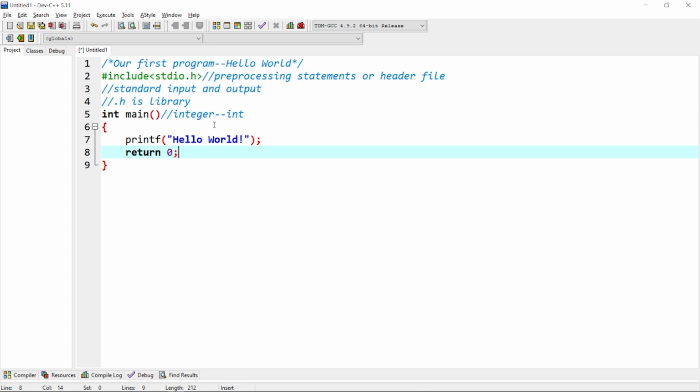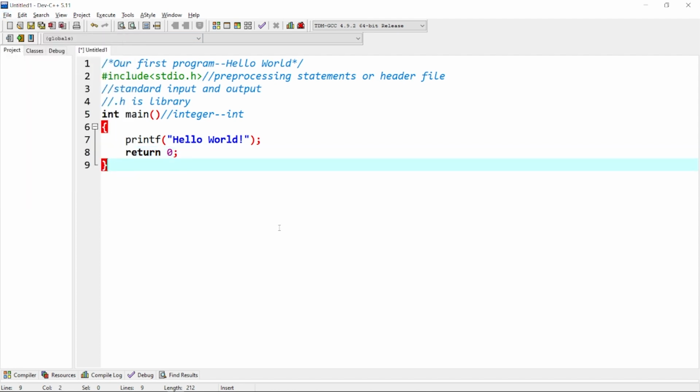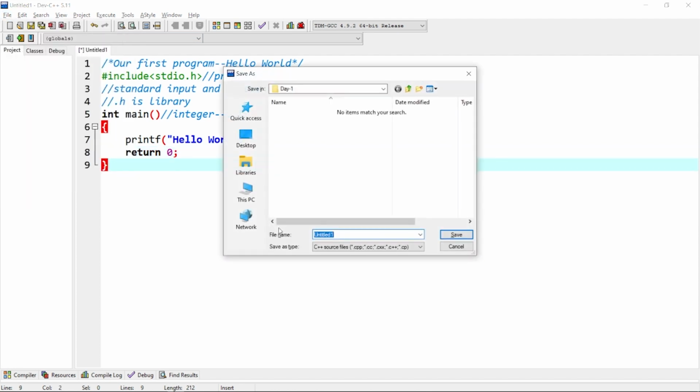Now how can the saving be done? You can go to file and press on save, or what I usually do is press Control S. That is nothing but save. So in this particular directory, I want to save my file. Here the program name should be written. The file name is hello world,